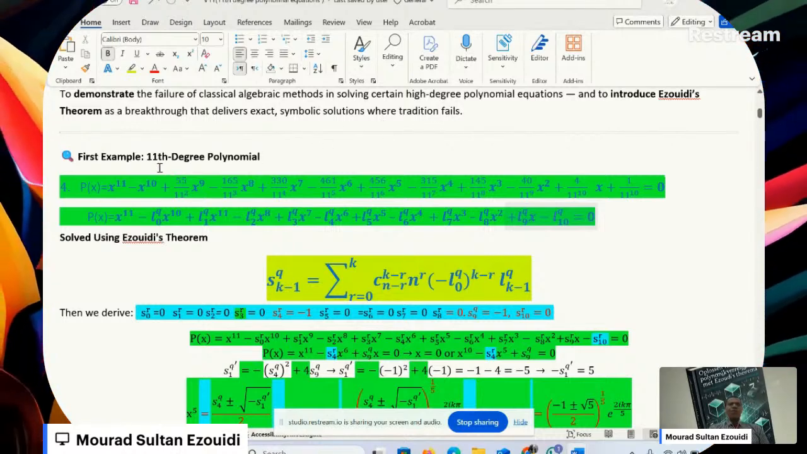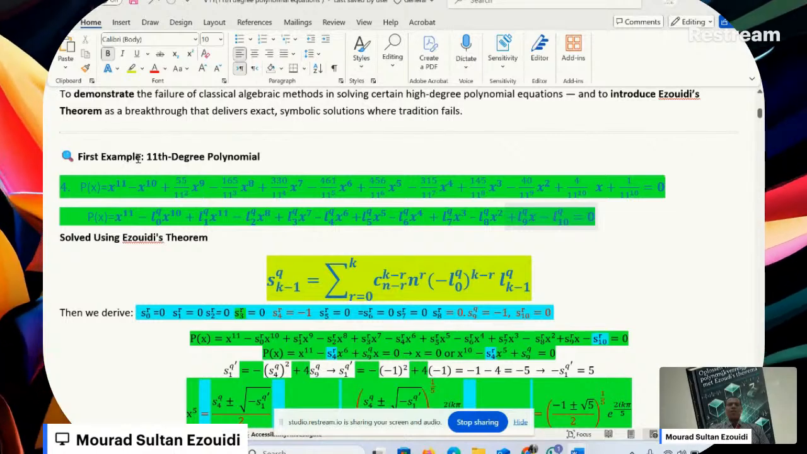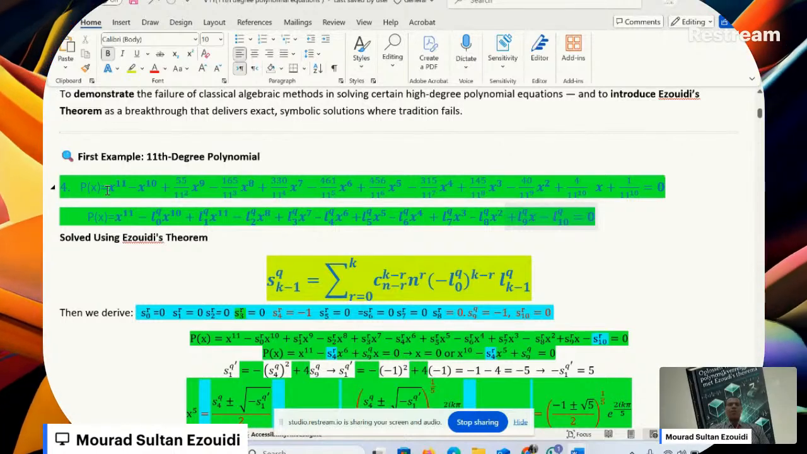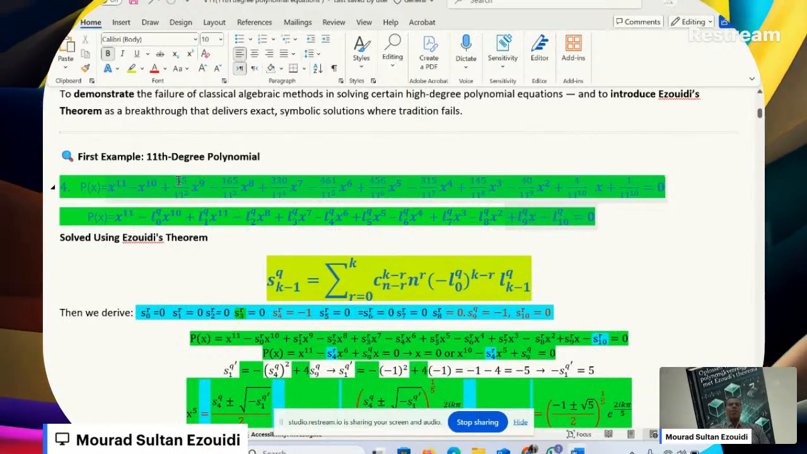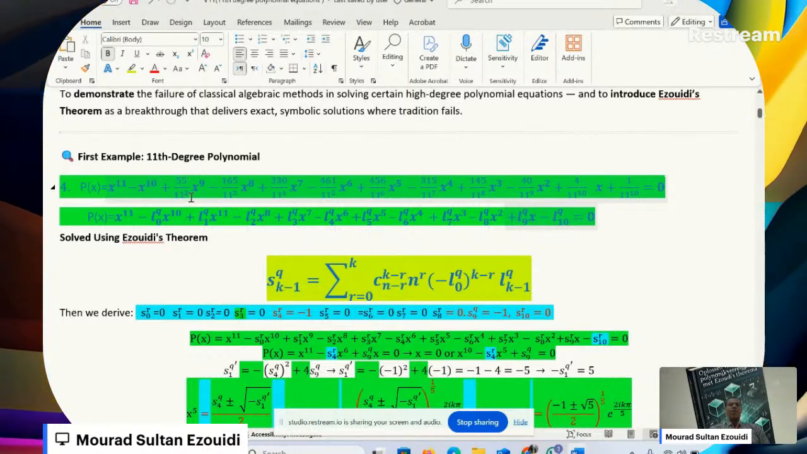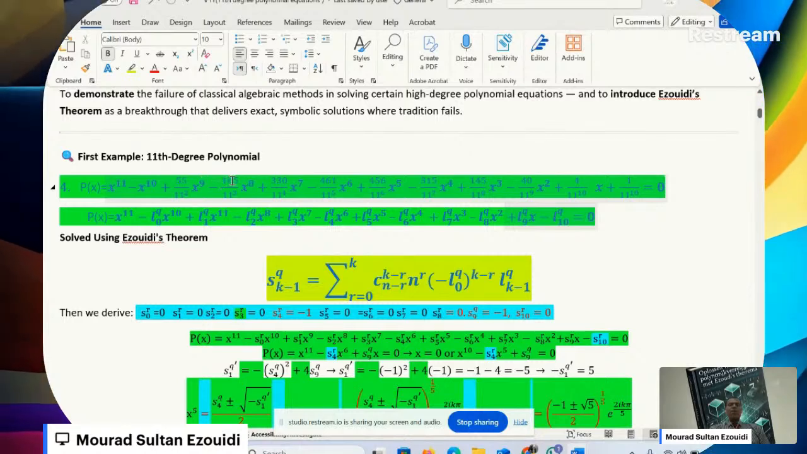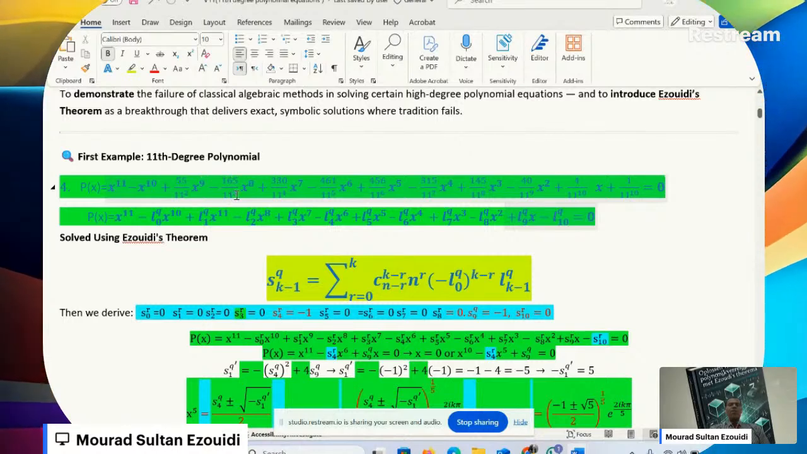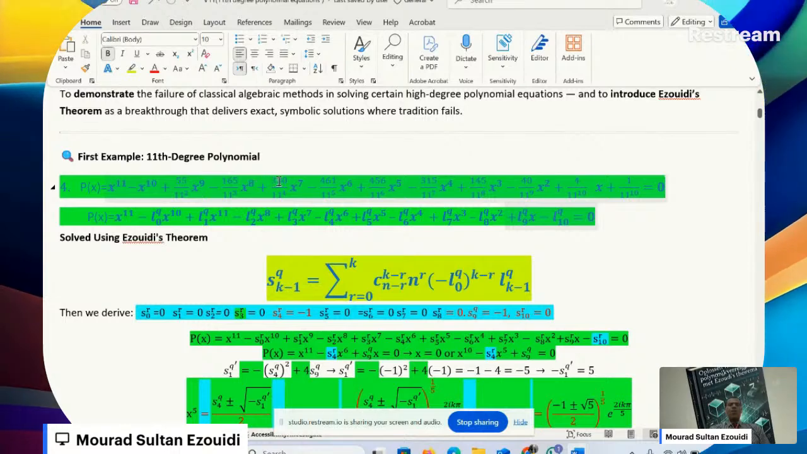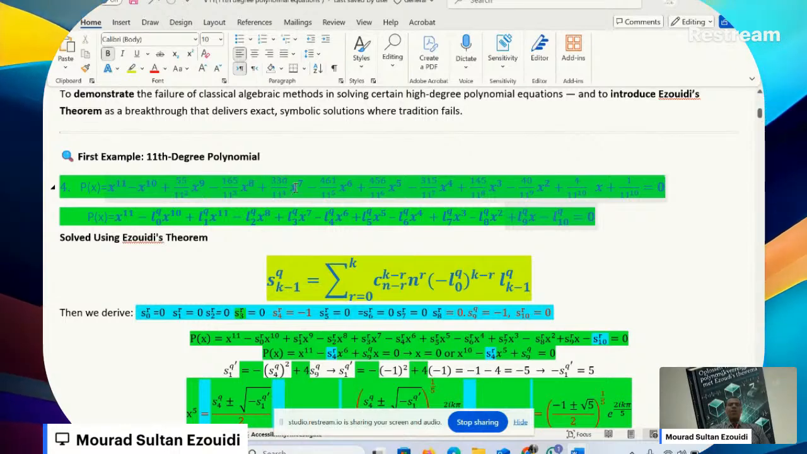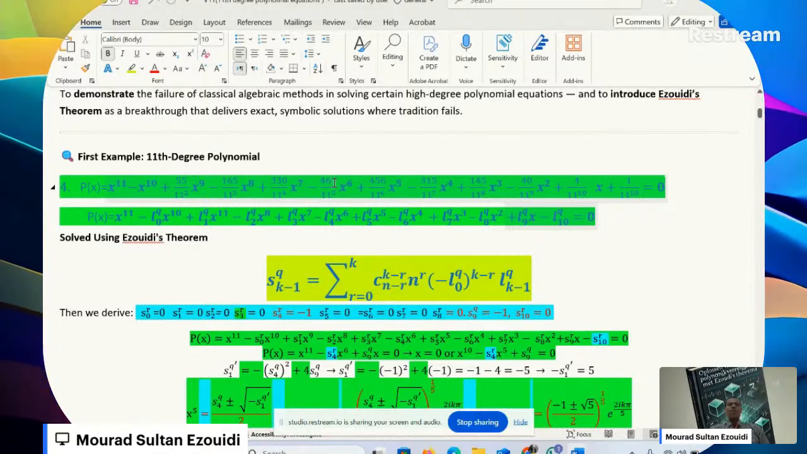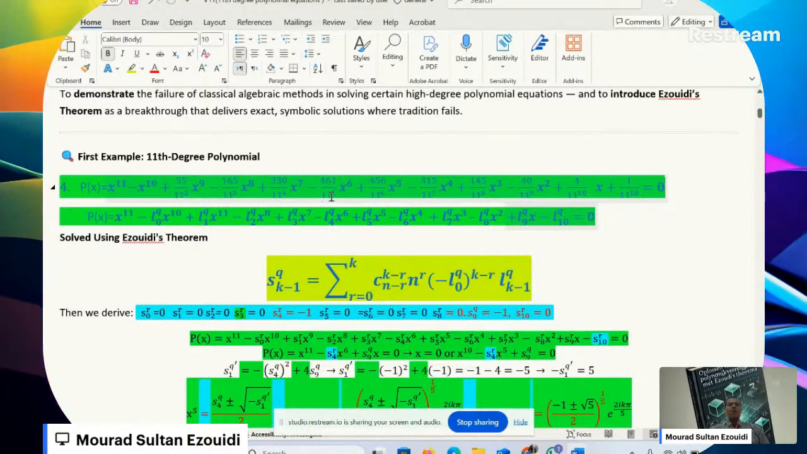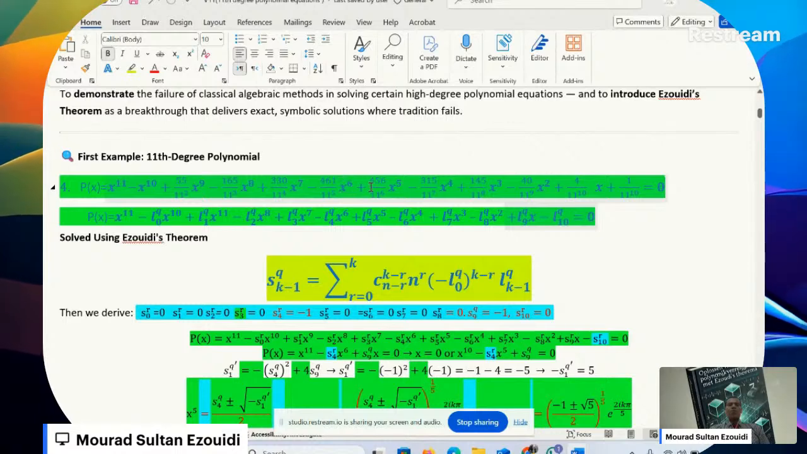So first example, we have this 11-degree polynomial equation. P of x equals x to the power 11 minus x to the power 10 plus 55 divided by 11 squared x to the power 9 minus 165 divided by 11 cubed times x to the power 8 plus 330 x to the power 7 divided by 11 to the power 4 minus 461 divided by 11 to the power 5 times x to the power 6